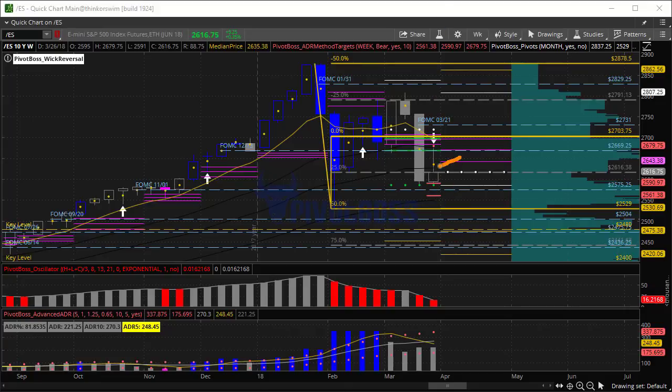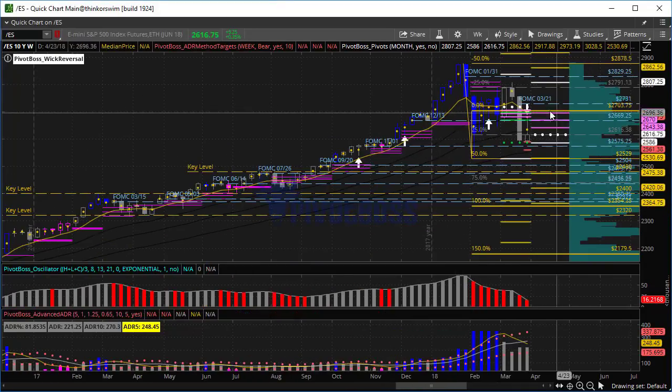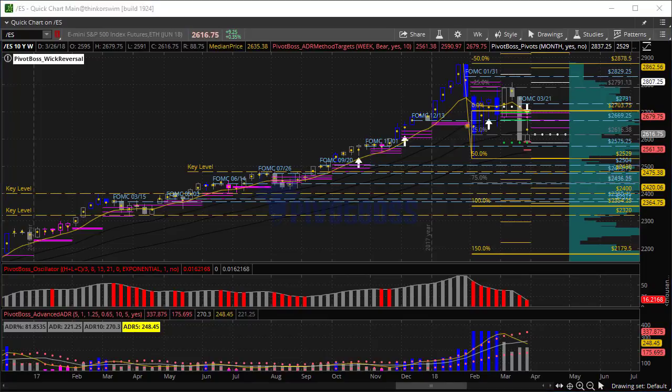Typically speaking, that's a trigger entry for a shot at new lows. So again, this week is not done yet. This bar is not done yet because we still have one more day left in the week. So this is not set in stone just yet. We'll see how it looks at the end of the week, and from there, if this looks anywhere like it looks now, or even worse, for example, if we close lower today,